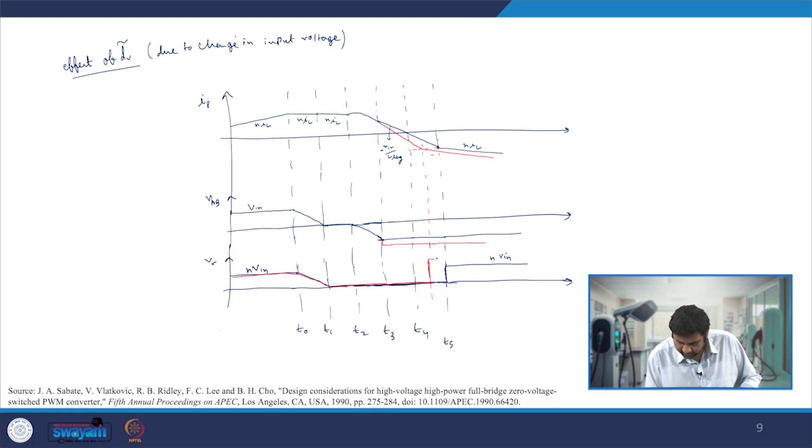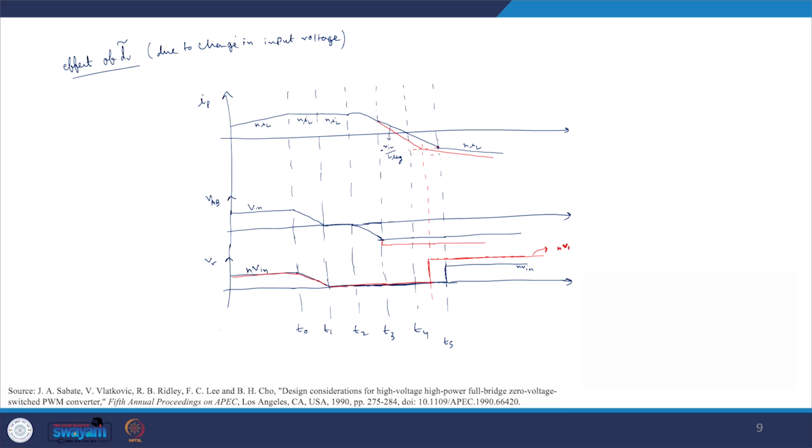and it is with a slightly increased V in. We can just write, if we say this is N V in, our new value will be N V in plus N V in tilde, and this small change is nothing but your N V in tilde, which is a small change in the V in voltage we have given.